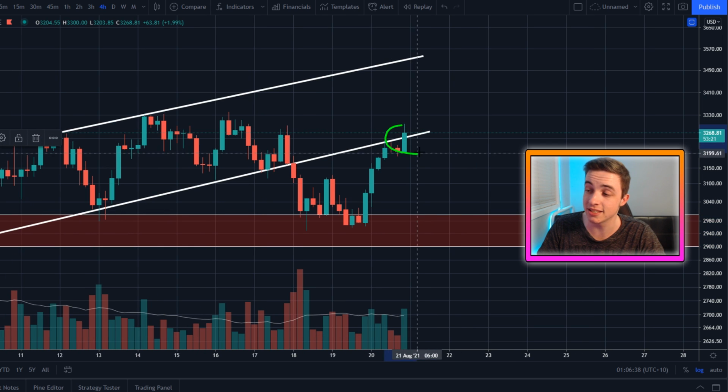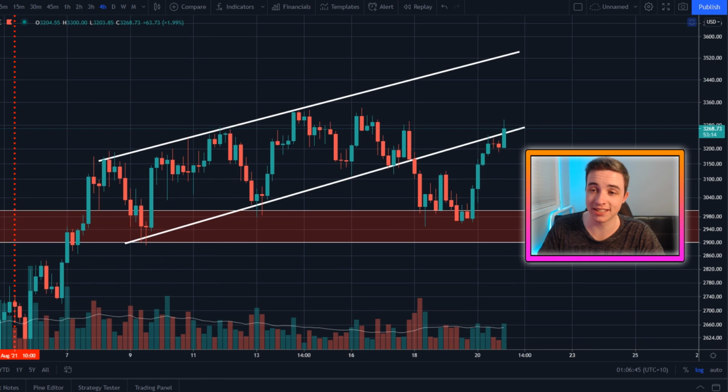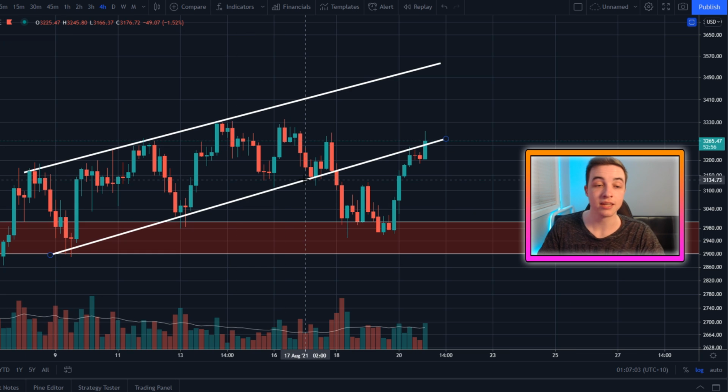And then these resistance lines, they're not necessarily strong resistance for Ethereum. In the short term, the strongest resistance would simply just be to get above these highs just here at around 3,340 approximately once again. So as I was also saying over in my Bitcoin video that I just uploaded on the channel,